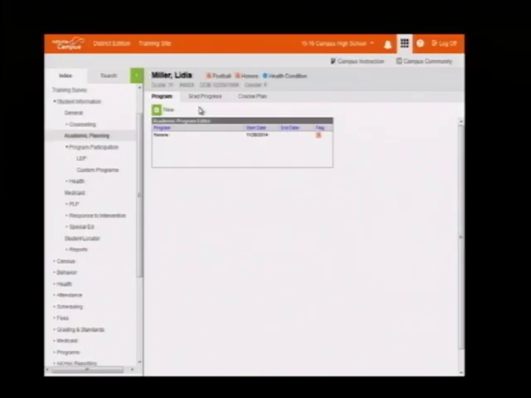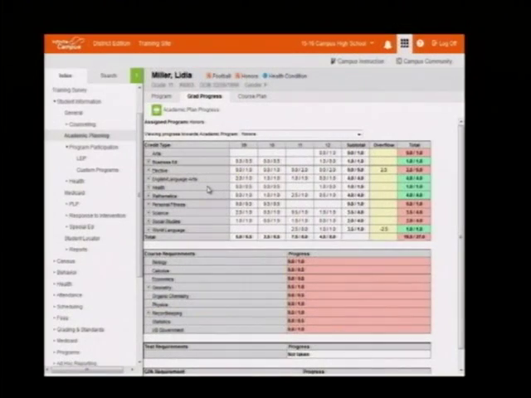I've worked with some districts that just want to make sure that every student is in alignment with making sure they have enough requirements or academically performing at a level to make sure that they progress to the next level when the time comes. So when I click on grad status, I just get a really good depiction of everything that's going on with the student, and this is based on their current transcript record. Okay, so all that data that we're converting in, you will be able to hit the ground running with an academic plan and get a depiction of where a student is in a particular academic pathway.